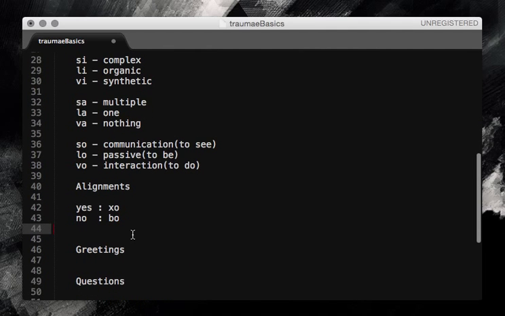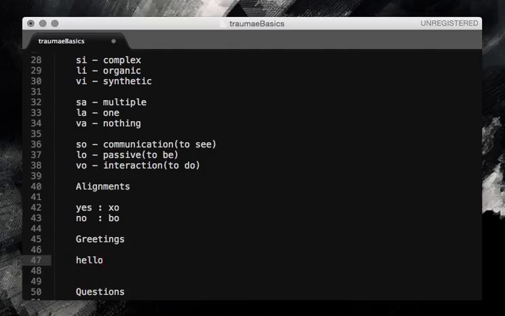So these are your first two Trauma words. If you want to say yes, just say so, and if you want to say no, say bo. One of the greetings, well, the main greeting that I'm going to teach you, is using zo. So if you want to say hello,